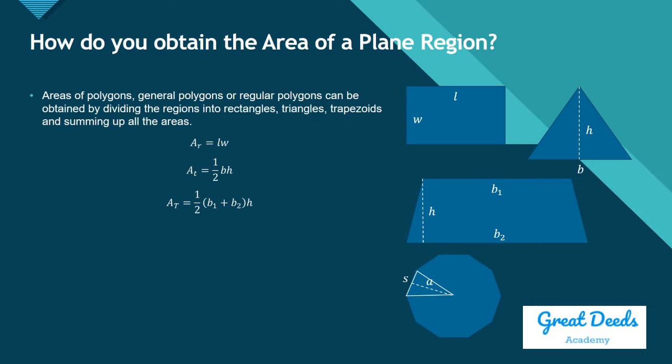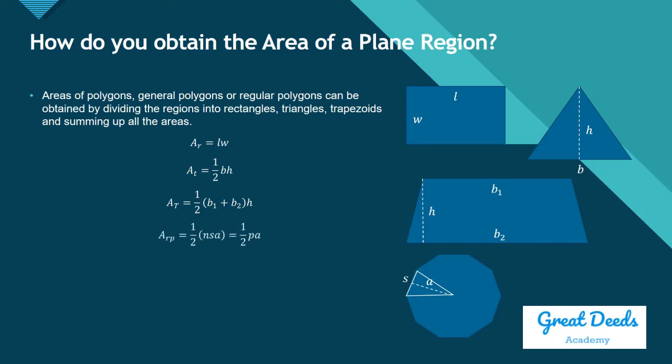So the area of this small triangle is going to be 1/2 times the side, that's our base, times a. a is the height. In regular polygons, we call this the apothem. So you can imagine it to be the height of this small triangle. So how do you then obtain the area of the entire polygon? This polygon is a decagon, a regular polygon with 10 sides. Well, we get the area of these triangles, and there are 10 of them,